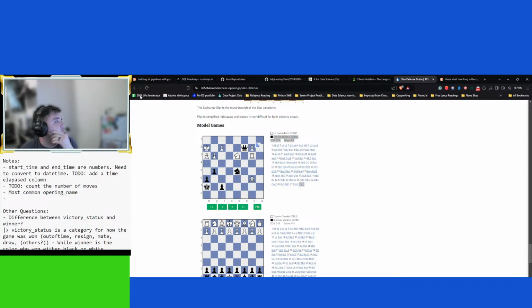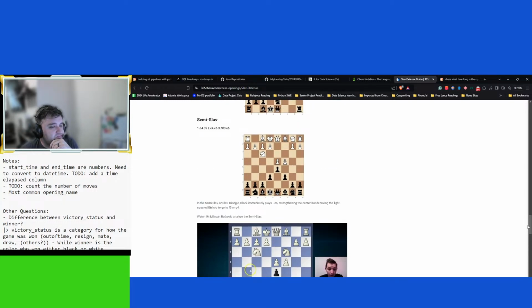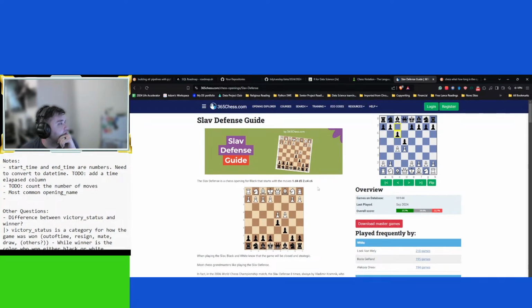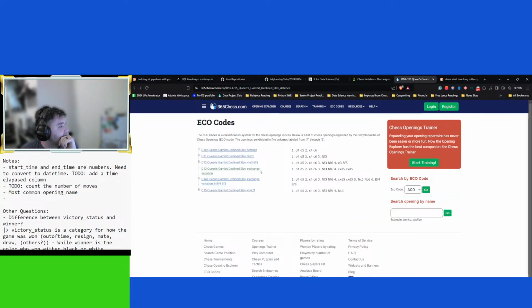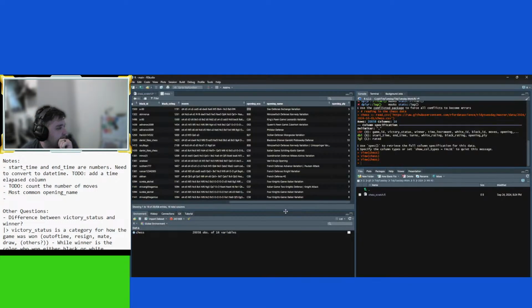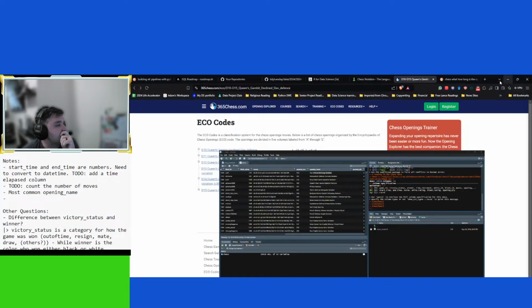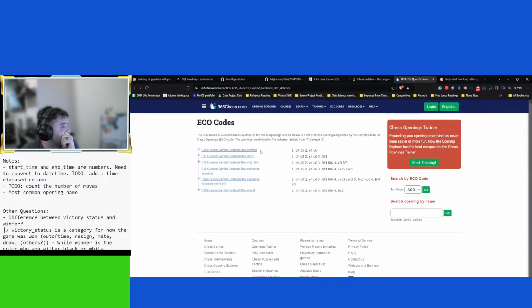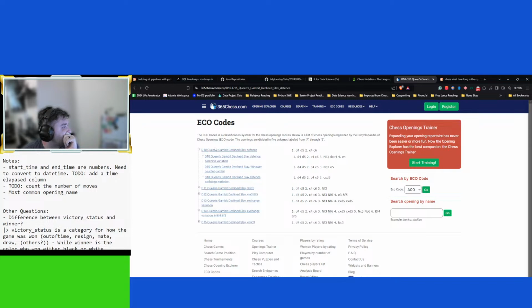Okay, interesting. So that's a Slav defense. Let's see. I guess I didn't need to look at a guide, but let's see. So it looks like Slav defense, exchange variation. That's not really what's written here. Let's see. Gambit. Oh, exchange variation.